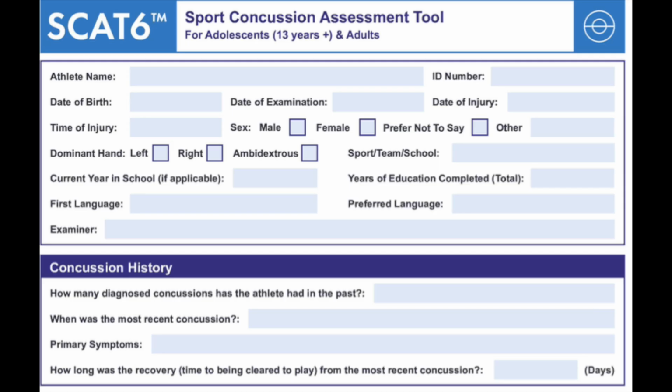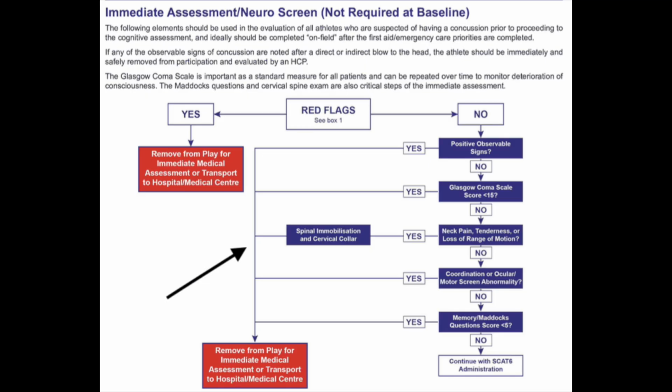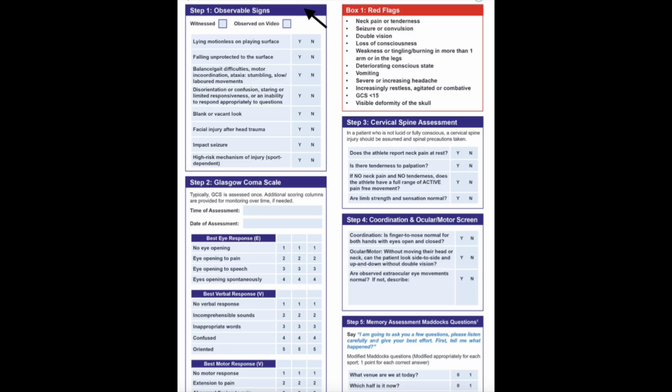In today's video, I'm going to walk you through step by step how to fill out a SCAT6. First, you'll start with your athlete demographics, then you'll go to your concussion history. Then next, you're going to follow the flow chart to see if you continue the baseline test or not. Next, you're going to move to observable signs, your Glasgow Coma scale, then you're going to do your cervical spine